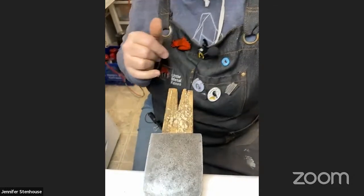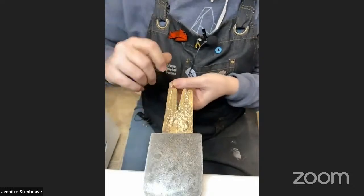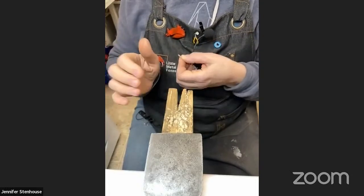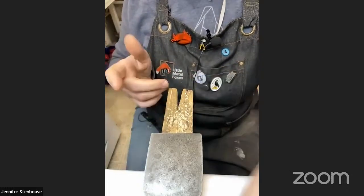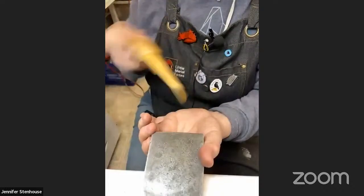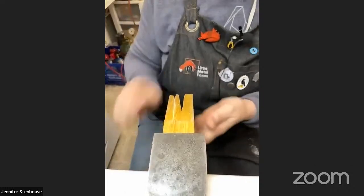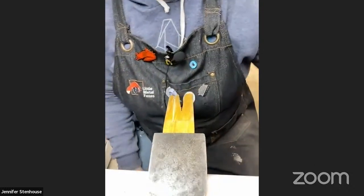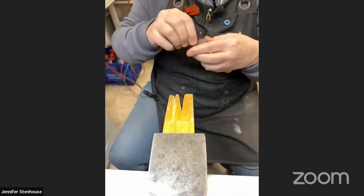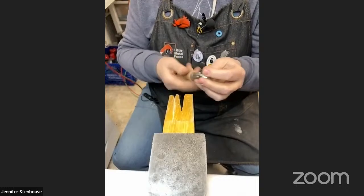I've also got this set up so I can do tapers. So I've got a tapered groove cut in there. This locks in, and I can file points for pin stems on those areas. I've also got other little grooves in here for other things that I needed at the moment. That's actually a really good point, Jennifer, that anybody who draws wire is going to be using up the point of their bench pin, because the most effective way to file a taper on a piece of wire is to have the angle that you want filed onto your wooden bench pin, and then file the wire against it because it's supported